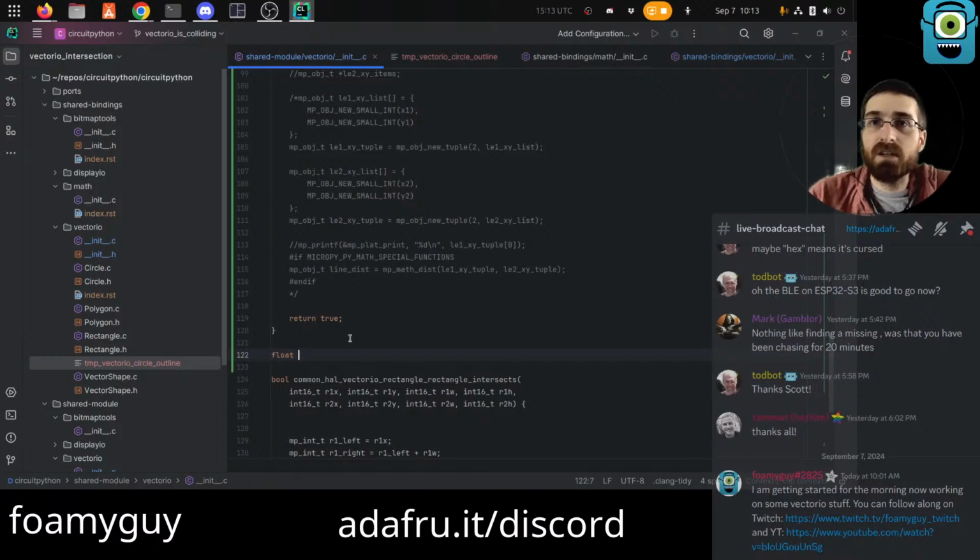I don't think we would want to call it this, because I'm pretty sure that implies that it's going to be called from shared bindings, which is not going to happen. So this is just a function that will exist inside of shared module only. It will never get called from Python land, although it will do the same thing as math.dist, which could get called from there. So I'm going to call this